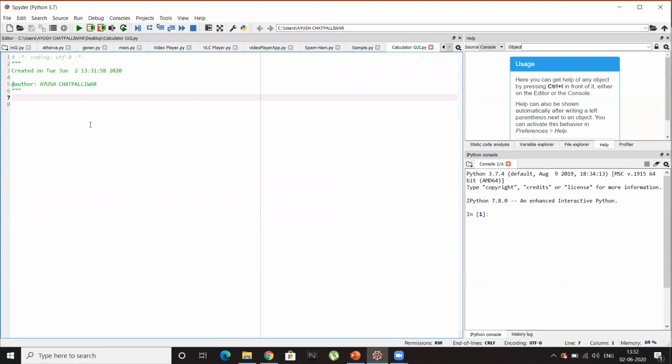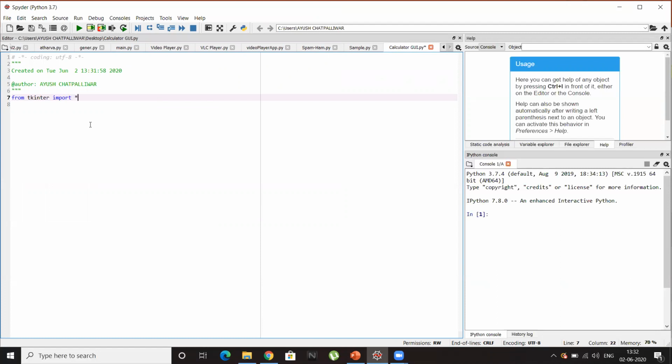Okay, so let's begin. To use a graphical user interface in Python, the most important module is tkinter. So first we will import tkinter. It's the same as from tkinter import star.